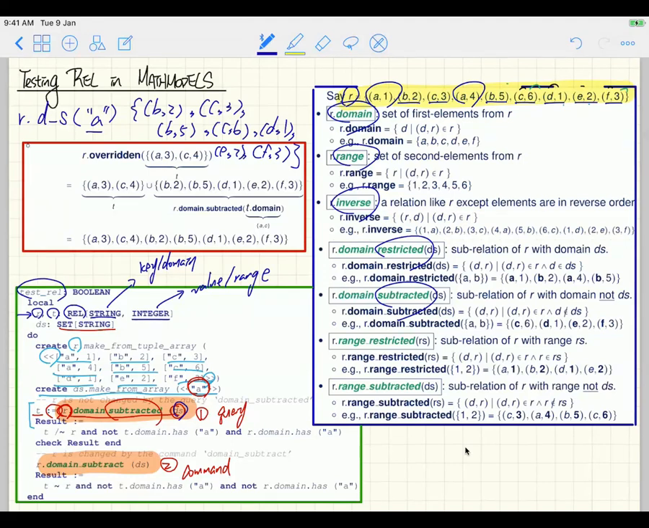That's simply just how you call the query. What about this one over here? Domain subtract. As you can see, r.domain subtract just stands by itself. So that means it's not really a query. There's no return value. What that means is, rather than returning a new relation, it is going to modify R